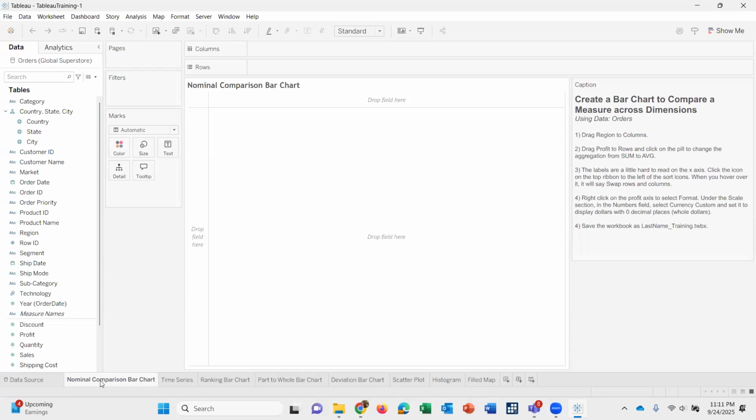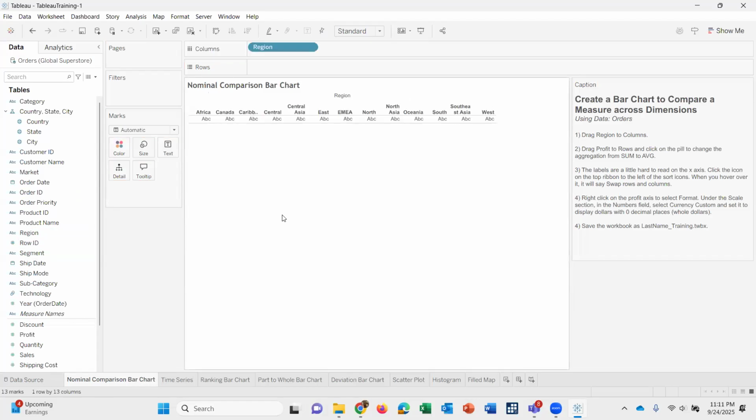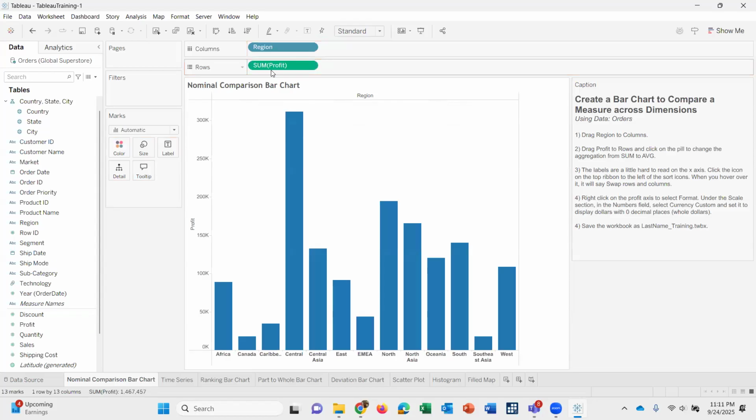We're going to create a bar chart to compare a measure across dimensions. So let's drag Region to the columns. Okay, let me do that again. Okay, I got it. Next, we're going to drag Profit to the rows. It's going to give you a bar chart, and we have the regions on the horizontal axis and the values